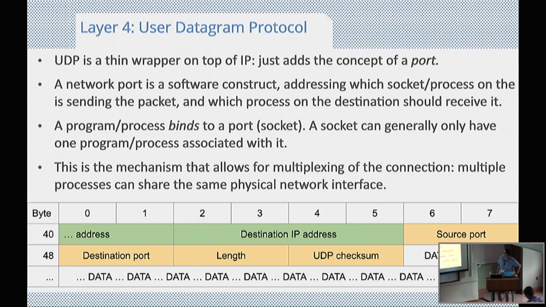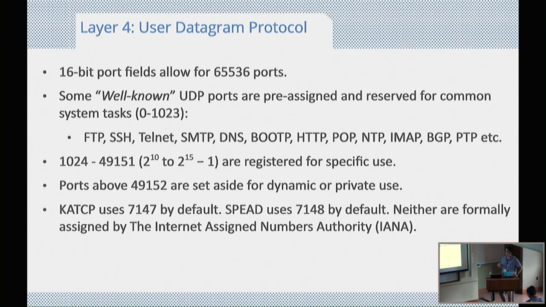The only basic concept that UDP adds for us is this idea of a source and destination port. And this tells the receiver which socket should process this packet. And this, in turn, maps to which process on the machine should process this packet. And in this way, you can get multiple services, multiple programs on your computer using the same Ethernet connection. There are 16 bits for these ports, so you can have up to 65,000 different processes sharing the same Ethernet connection. Some of them have been